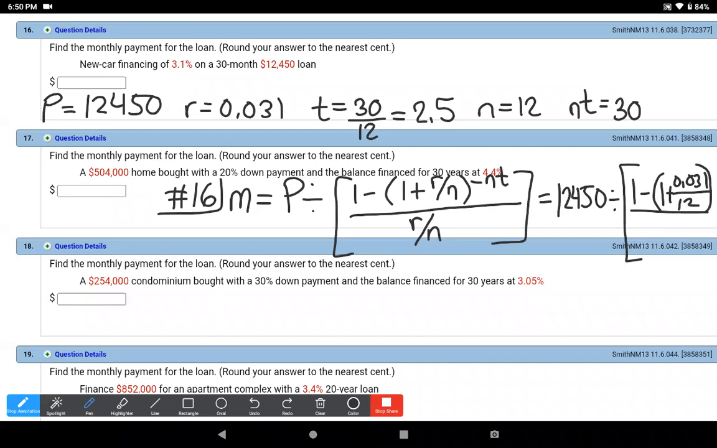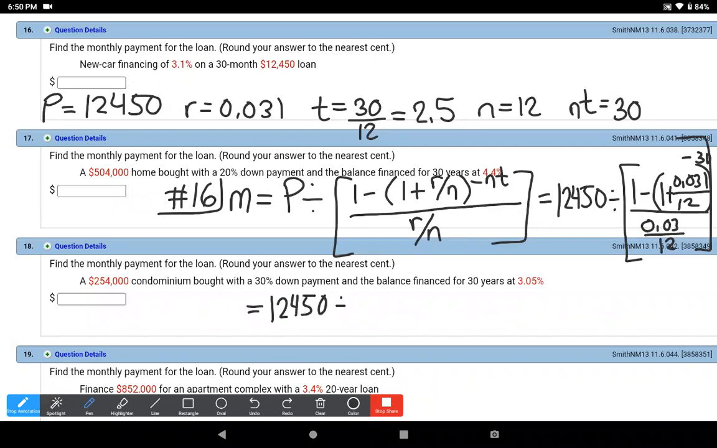12. That's going to be raised to the negative 30, which I kind of crunched myself out. But then we have 0.031 divided by 12 as our denominator. And then that's what we're going to divide by. So what do I stick in the calculator? I stick in